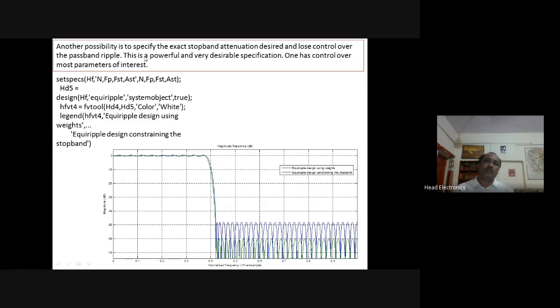That is, to specify the exact stop band attenuation desired and allow the loss over the pass band ripples, we can get the same performance. So if we are trying to maintain or improve the transition band, and at the same time we are interested to maintain the exact stop band attenuation, then this can be done by the loss in the third parameter, that is the attenuation in the stop band.